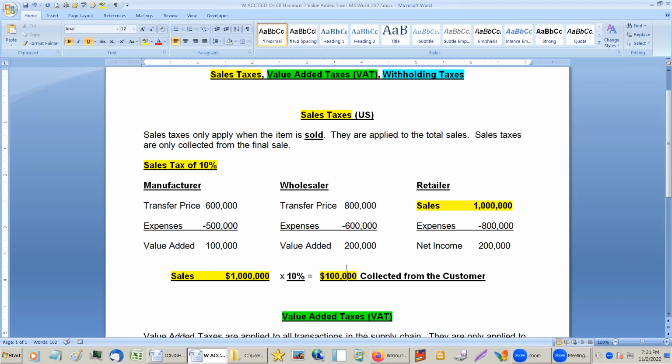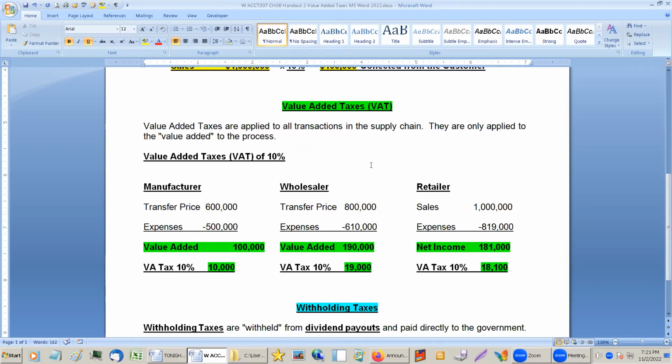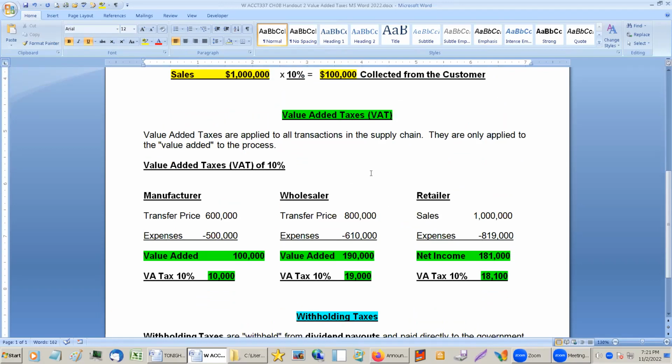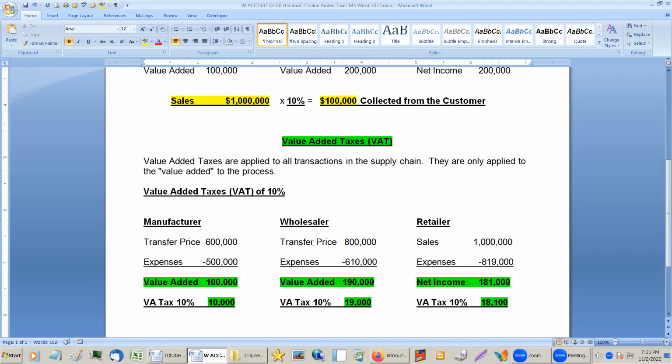A tremendous amount of the world works with value added taxes. And value added is sort of like your income on the transaction. Even if it isn't sold to the end user. So when the manufacturer sells something, this isn't lining up here. No, that's not lining up. Okay, so